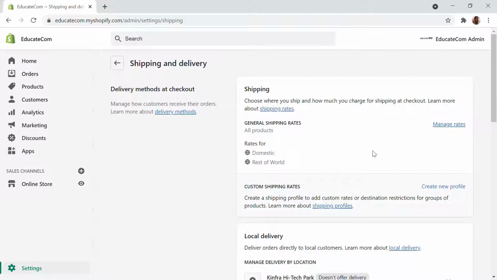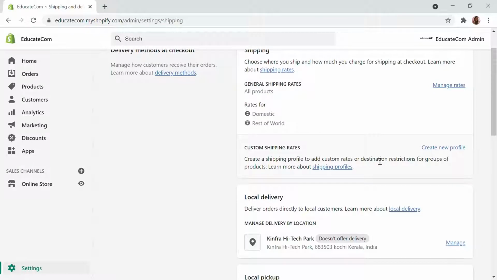We have different categories. First one is the general shipping rate, where all the products that come in a specific category will have a specific rate mentioned. So that's the general shipping rate. Then there is a custom shipping rate for a particular product. When you are considering all of the products, you might need to charge them a certain amount, so for that, you use the general shipping rate. If you have custom products, based on the type of the product, or if you're charging based on the weight, or heavy goods, bulk products, you might need to set up a custom shipping rate. So we'll talk about that later.